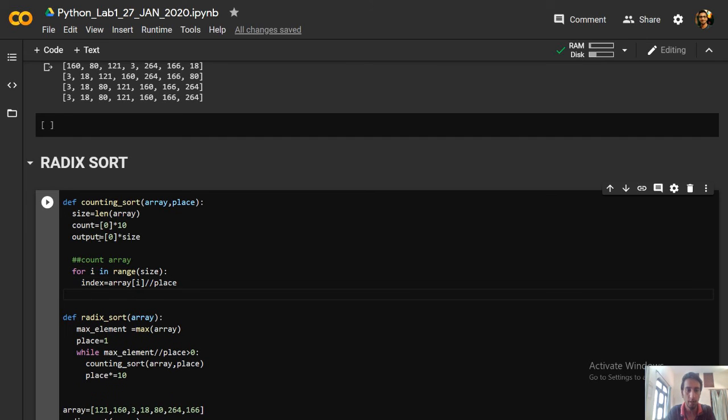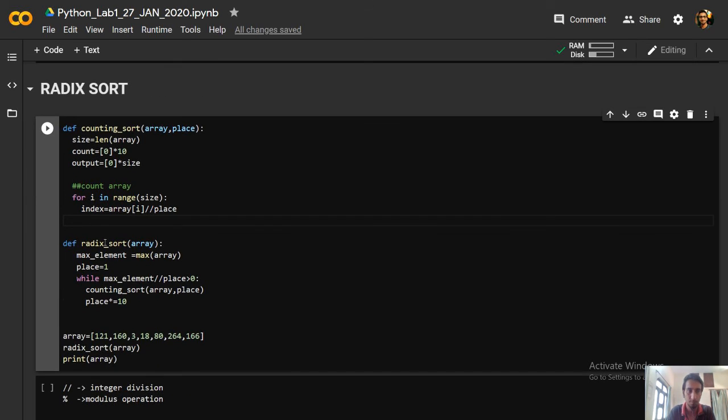Then we put that particular element in the count array with the counting of it. So this will be count[index % 10] += 1.